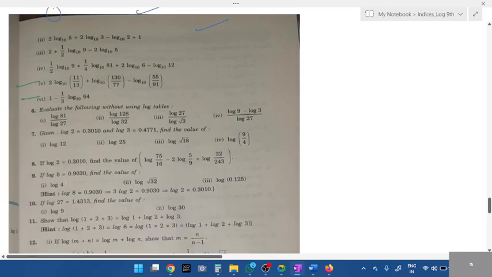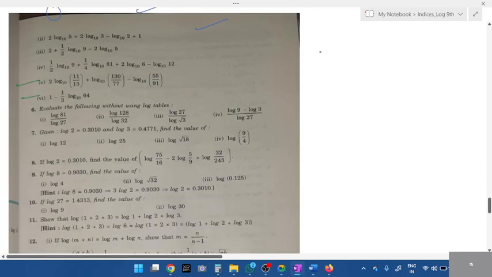Next question, students. See, sixth one I've done. If you want, go through the recording, or we'll do it last. Seventh question. What value is given? Log 2 is equals to 0.3010. What is log 3, students? Log 3 is